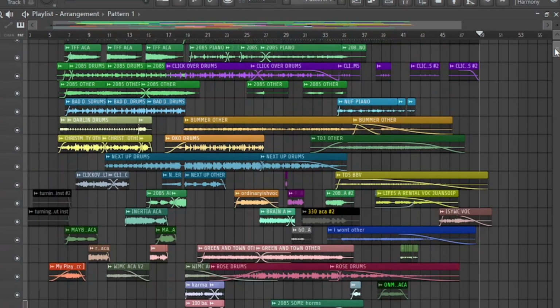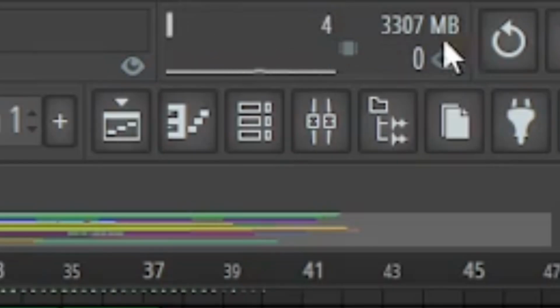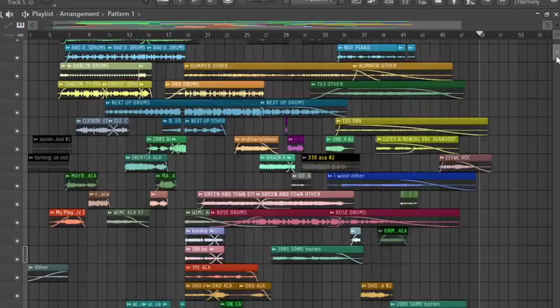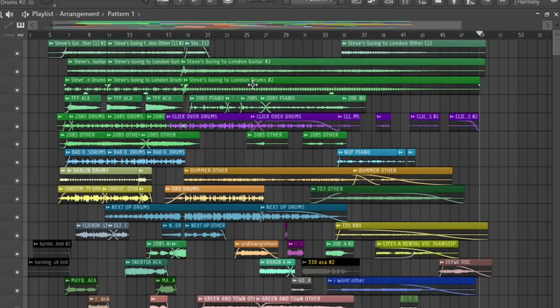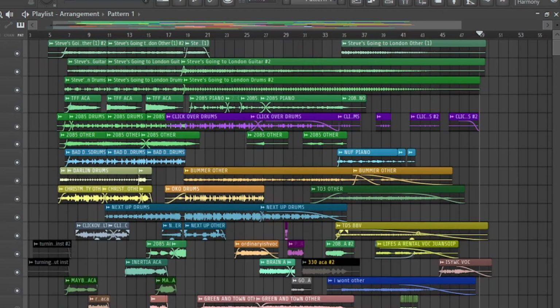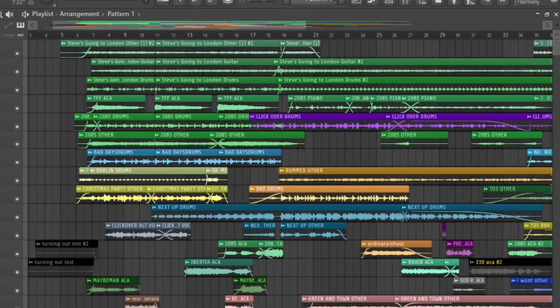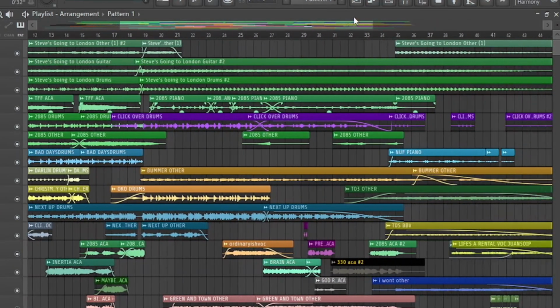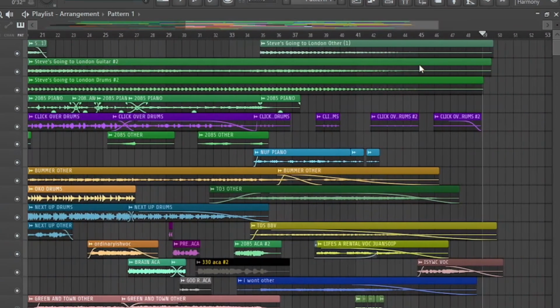It was such a big thing for me, and you can see here all the combined audio files is like 3 gigabytes. It's a big thing. It's mainly because I use waveform, which is bad. Use MP3, please. But I don't know why I do, because waveform is just bad to move about in, and YouTube videos play back worse quality than MP3, I fear. So there's no point. But oh well. You know, it sounds better when I'm making it.